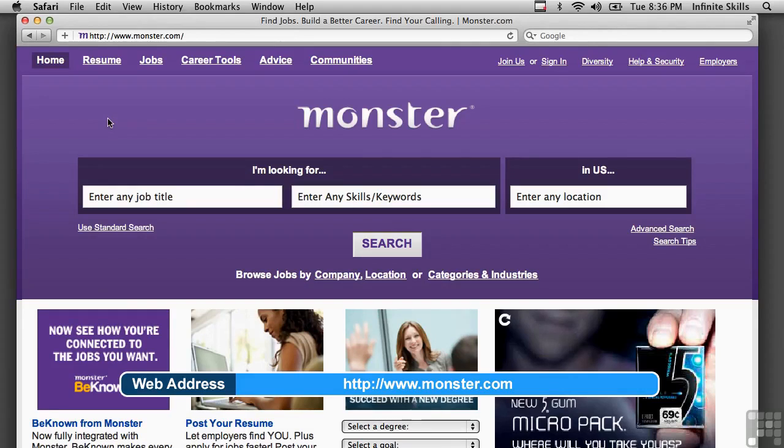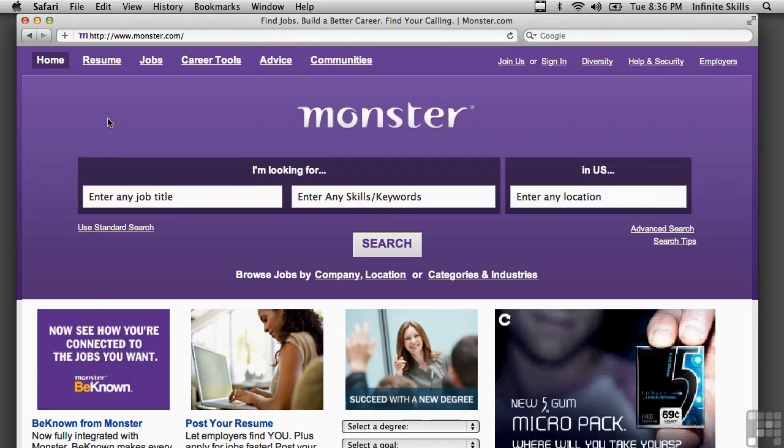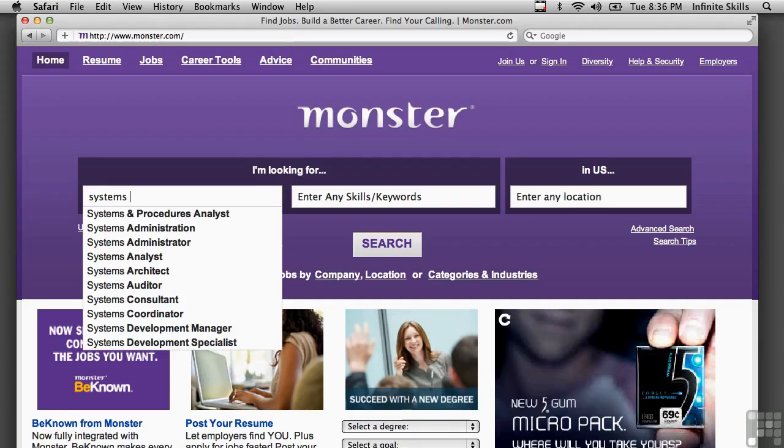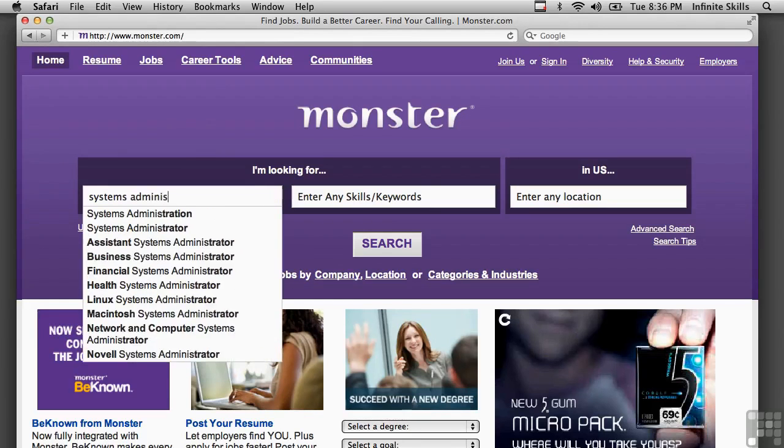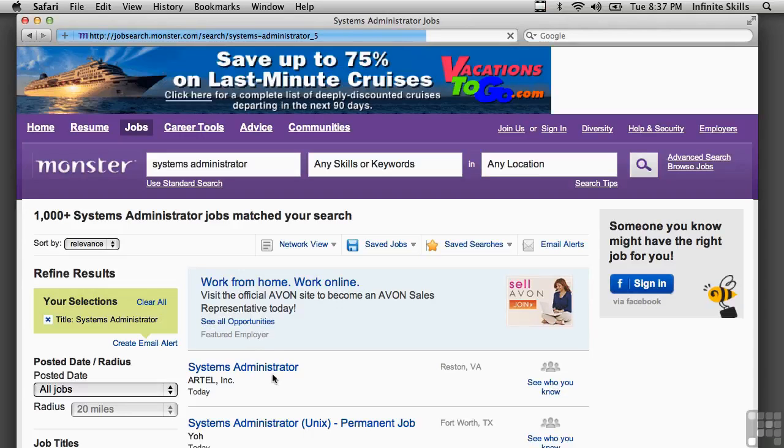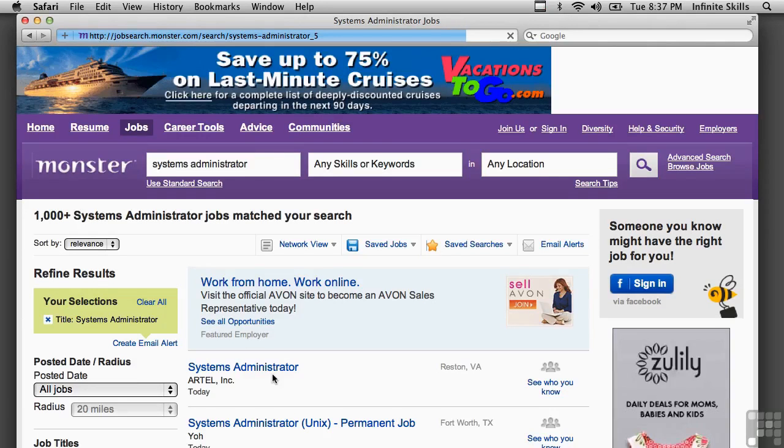You may be wondering why we're going to go to job searching websites to research information about an engagement or a company that we are working with. Well, the reason for that is very often companies post information about the types of infrastructure that they have. So let me show you an example. We're just going to look for systems administrator. So I've got a lot of jobs back here.